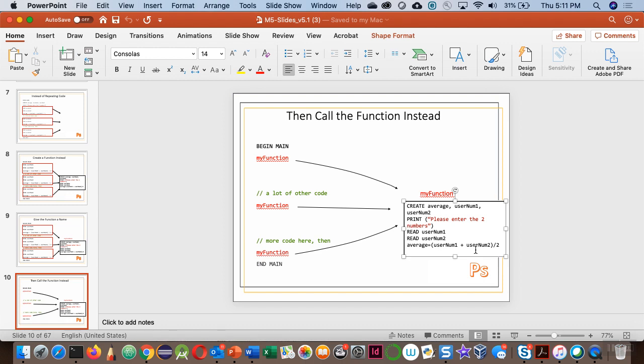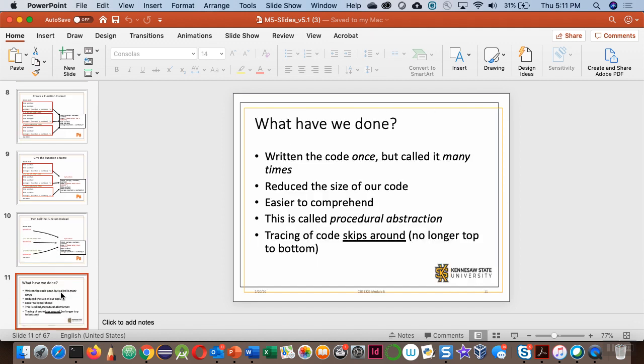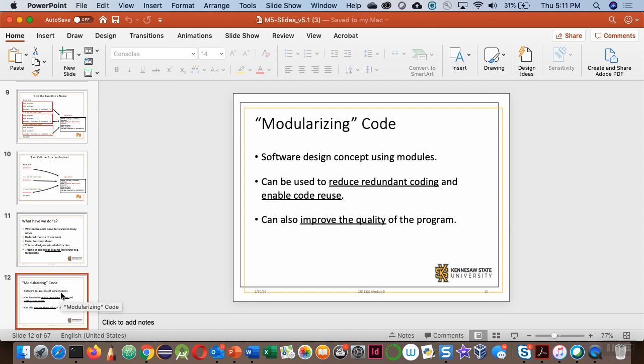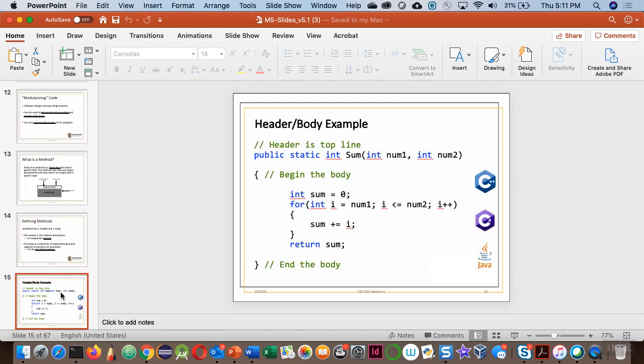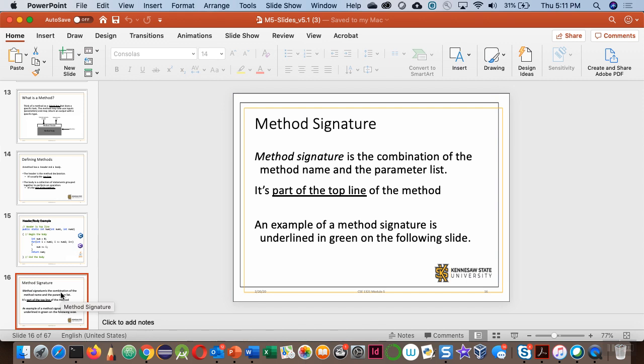So functions are classified into two major categories. One of them is called built-in functions or library functions, that are already built in with our programming software. So that is called a library function or built-in function. There are many library or built-in functions. We are already used to using the print or println function in Java. Then